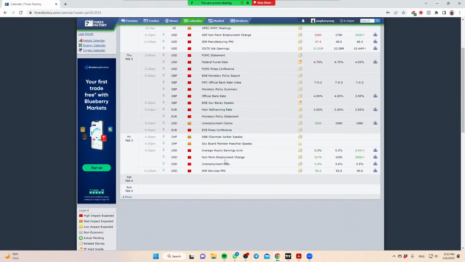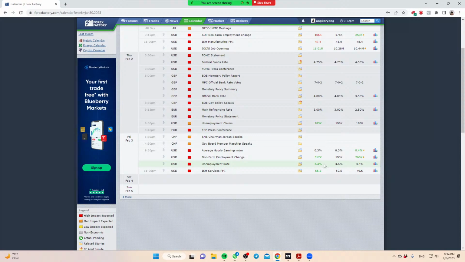And as I briefly mentioned, if you take a look at the labor market in the US, we see the unemployment rate actually falling, which is very counterintuitive because a lot of people are anticipating a recession this year. Usually, a sign of potential recession is the unemployment rate. The previous month was 3.5, and the market anticipated an increase to 3.6, but that did not happen. Data actually dropped to 3.4. That's where we saw the dollar strengthen after that.